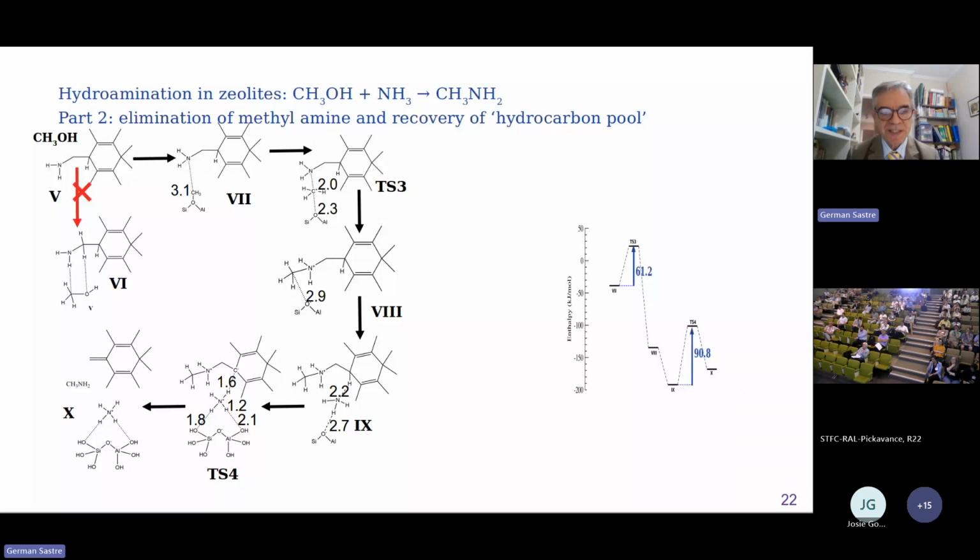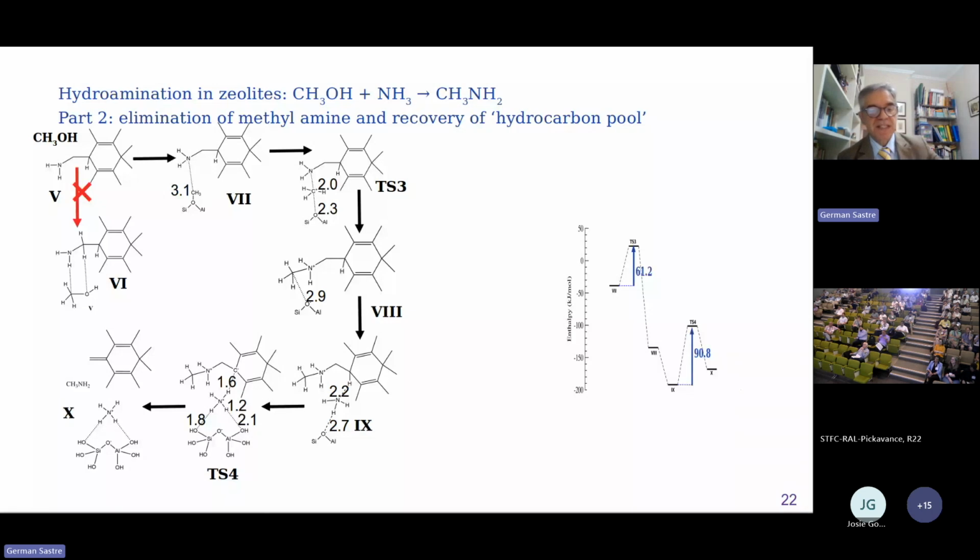that is close to the not aromatic ring, but in the cyclohexadiene, okay? And now this hydrogen is transferred or donated as a proton to an amine molecule, which becomes an ammonium cation, as we can see in the TH4 transition state 4, with 90 or 91 kilojoules per mole as activation barrier. And this gives, again, let's say the catalyst or this active molecule, the hydrocarbon pool molecule, restored, whilst